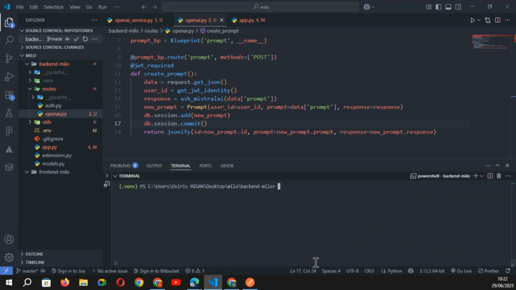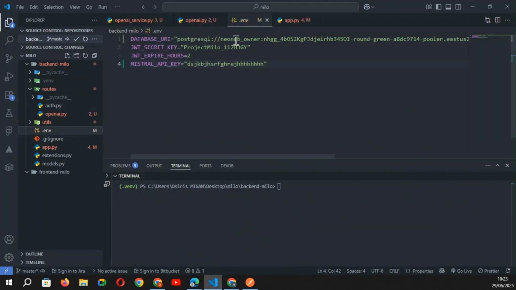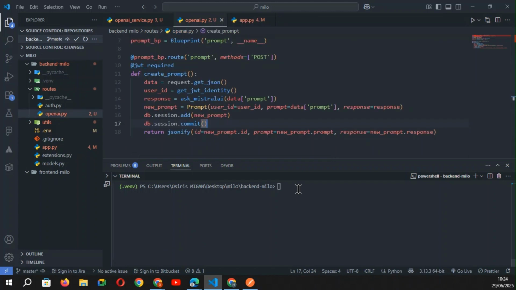So now I add a good connection, a good environment variable to connect my app and my serverless Neon database. And if I try again to start a server,